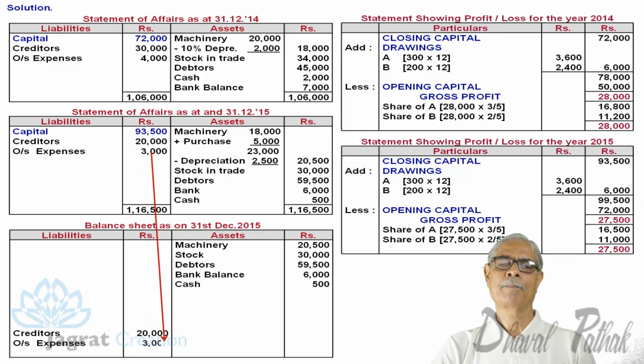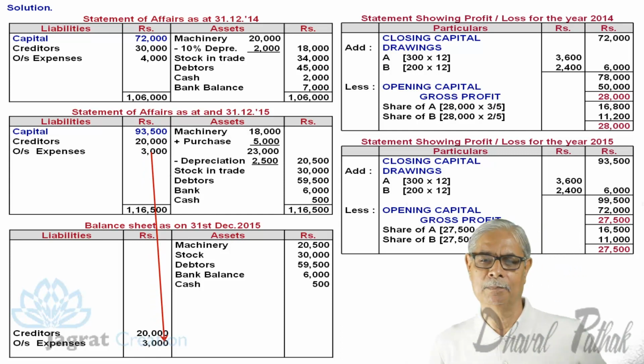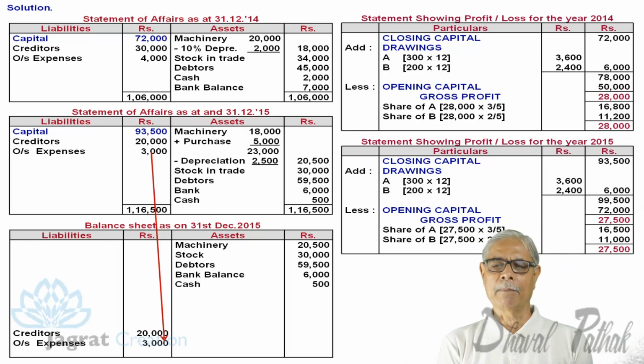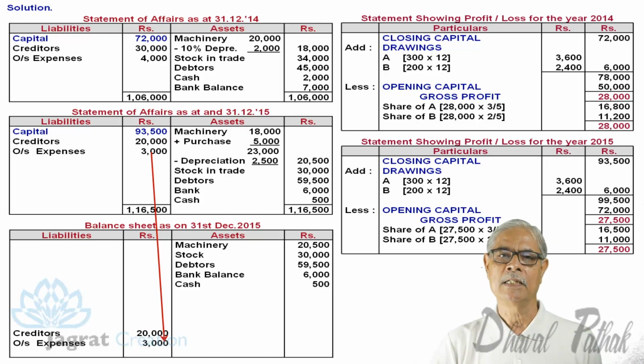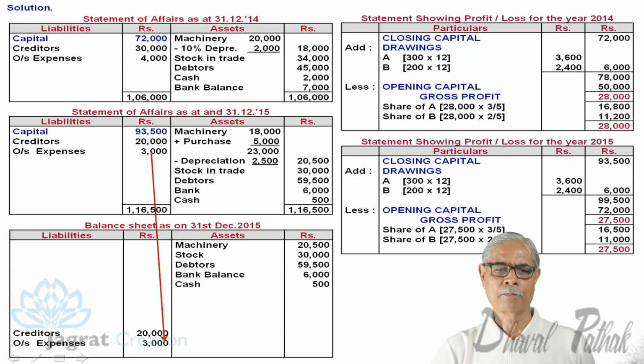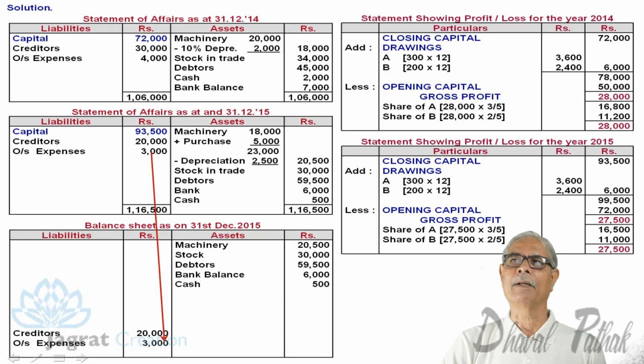20,000. Now as this is a sum on partnership firm, it is inevitable for me to find out the profit for 2014, because that is required to be distributed and credited to the partners' capital accounts, and then I can prepare the balance sheet wherein I can find out the segregated capital of both the partners. So this capital presentation is a very crucial thing, and to achieve this objective I am required to find out the profit for 2014, and then I can consider the profit for 2015, and capital balances will be worked out.